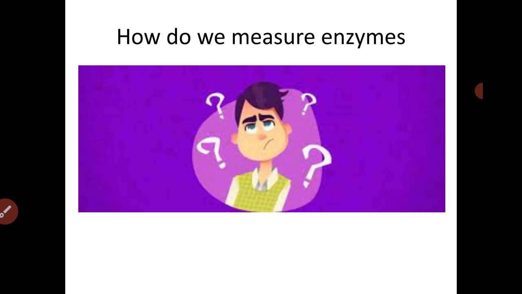Now how do we measure the enzymes? Enzymes are biocatalysts that help in the conversion of a substrate to a product. So what we do is mix the enzymes with the substrate, and then what happens? Product is formed. The absorbance of the final product is measured, which is directly proportional to the enzyme's activity. There are two methods by which you can measure enzyme's activity. One is the endpoint method, the other is the rate of reaction method.